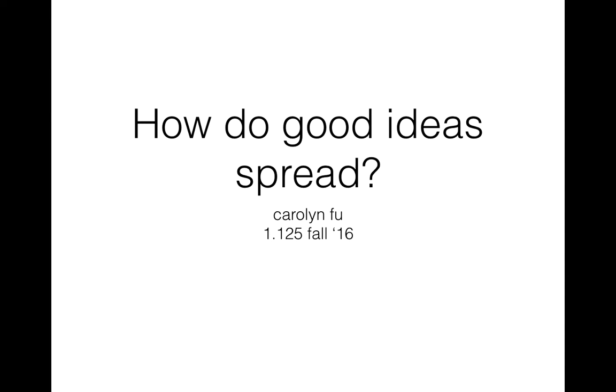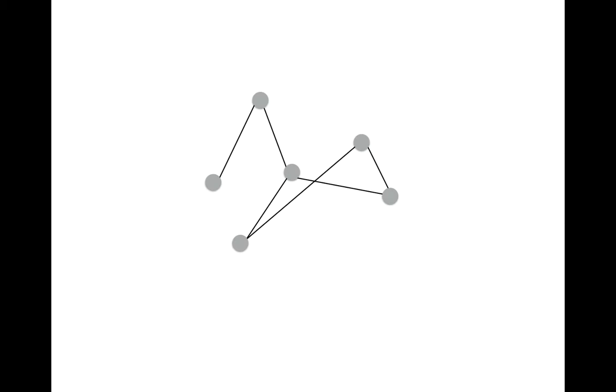Hi, I'm going to be explaining the project that I've done for 1.125, and it's a website that helps to simulate how good ideas spread. So let's say you're in a network. This can be a network of individuals or organizations, and someone has a really good idea. Well, the people who are connected to that person will go, I like that idea, let me adopt that, and then they get the good idea as well. And everyone that they are connected to also can get the good idea, and that's how the good idea spreads